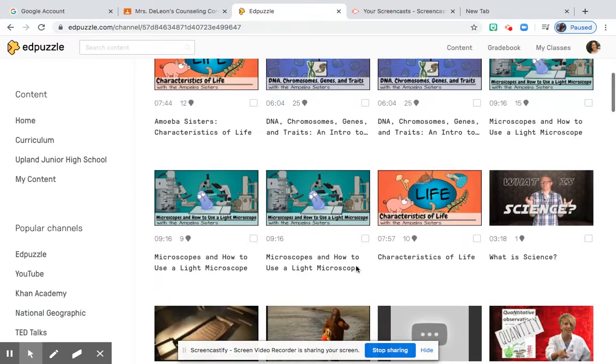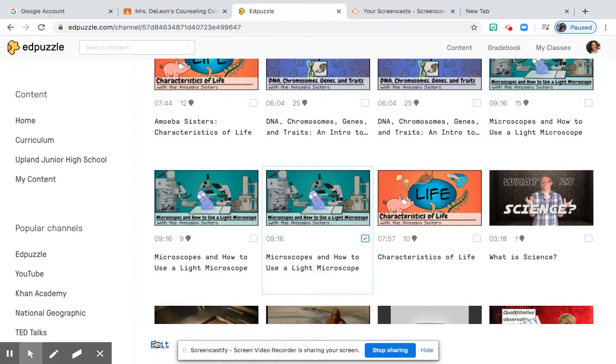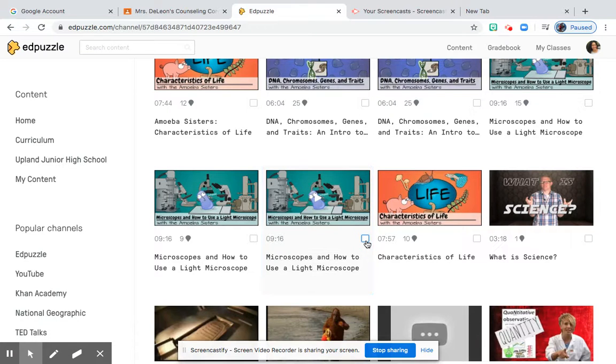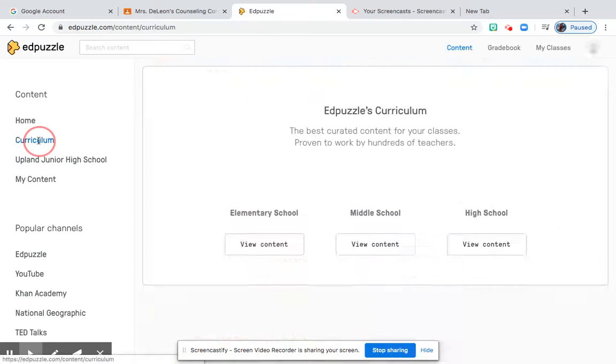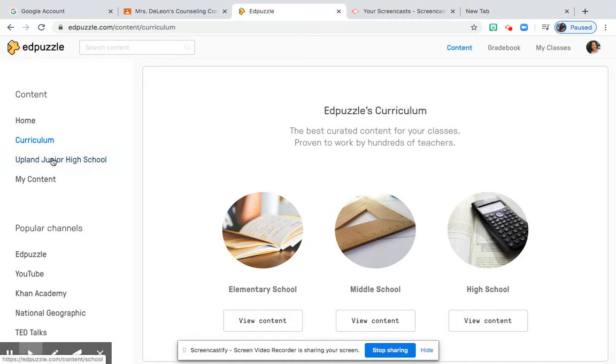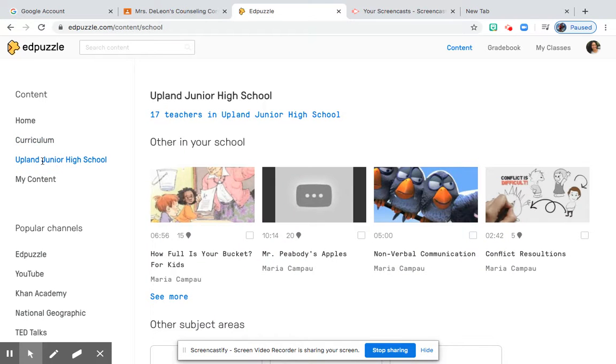So if I find one that I like, I can click on it and I can edit it, or I can copy it and it'll put it into my content. So then I can assign it to kids, or you can edit it and play with it. So pretty cool. This kind of just lets you see different content. But these were the things that I enjoyed about it, is that I can see what other teachers have. And I can also use that stuff to assign to my